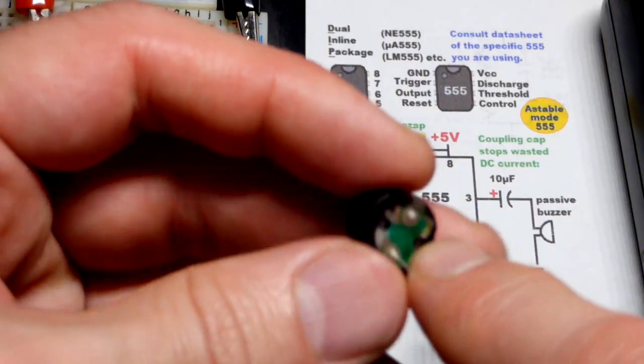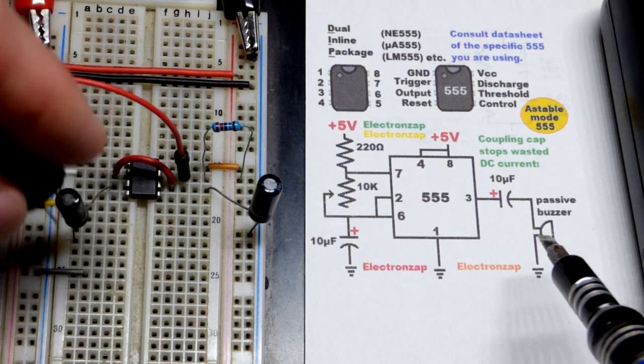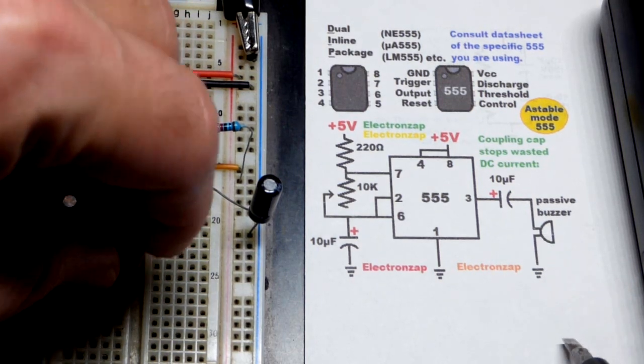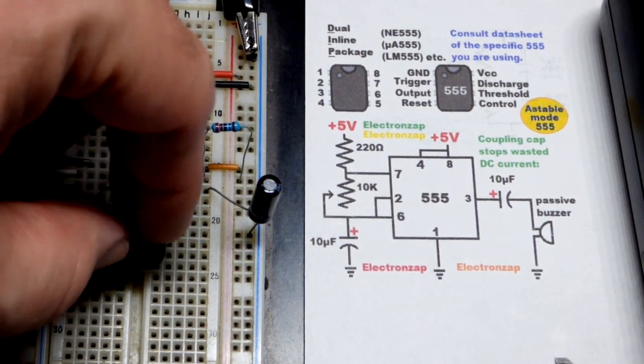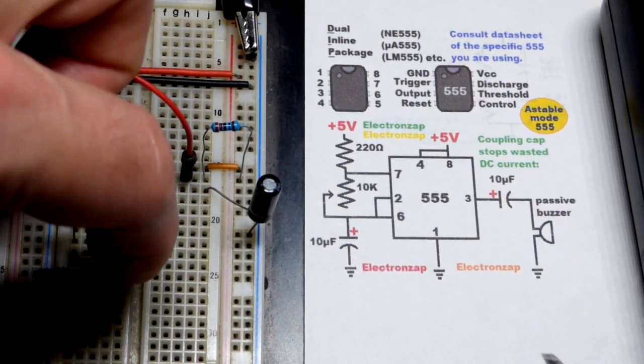And I couldn't remember if the passive buzzer had the epoxy in the bottom or not, and it looks like it does not. It is polarized. There's a plus up there. Put that towards the more positive side of the circuit. I couldn't find the normal buzzers I use, so I just grabbed this one from a different kit,